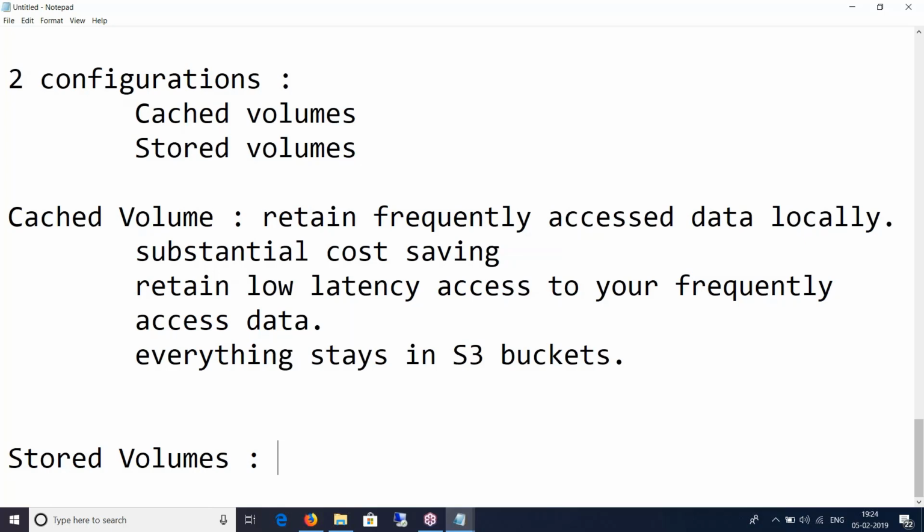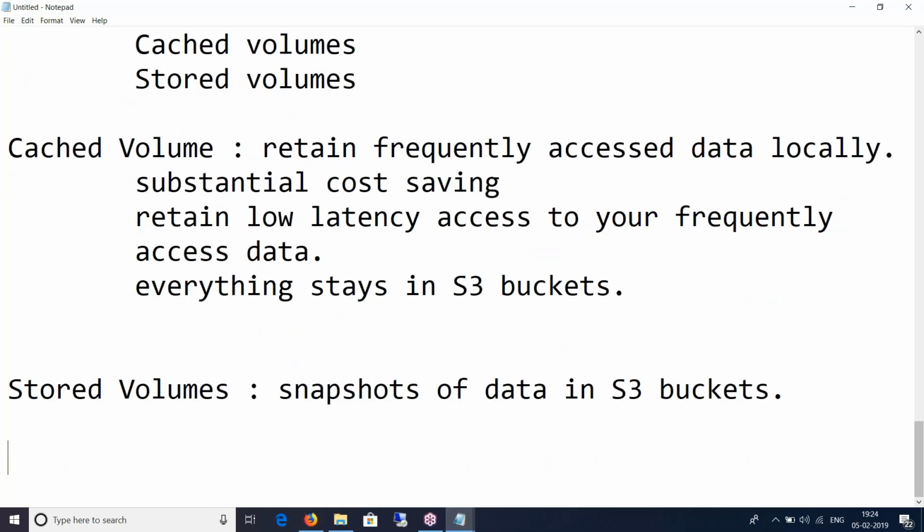So the difference here is pretty big. The difference is that in cached volume, you got everything on S3 buckets. In stored volumes, you got everything on your premise, but you will have snapshots of data in S3 buckets, not the whole data.